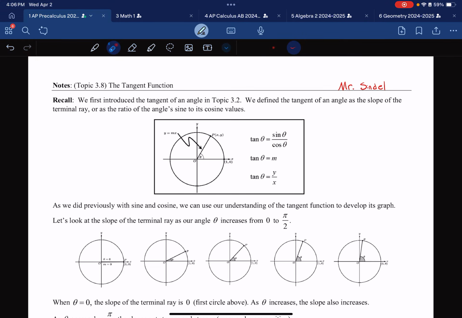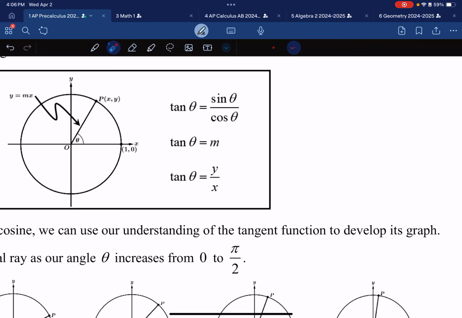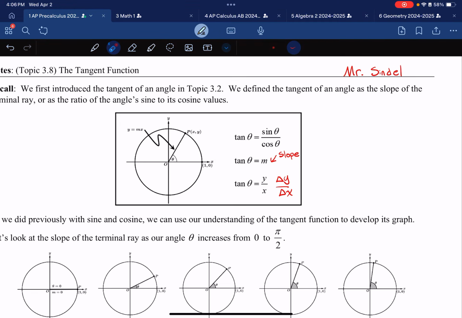There are three different ways that you can memorize tangent. The most fundamental way is knowing that it is the sine of theta divided by the cosine of theta, which makes a lot of sense because sine gives us the y coordinate, cosine gives us the x coordinate, so it's kind of like y over x. And whenever I have the change of y divided by the change of x, that's also known as slope, which is why we have m written here, which is slope. So there's three unique ways that you can memorize tangent, and all of them are equally valuable depending on the